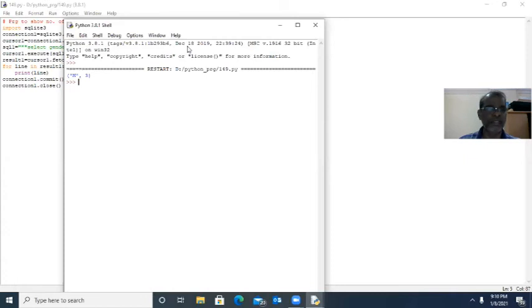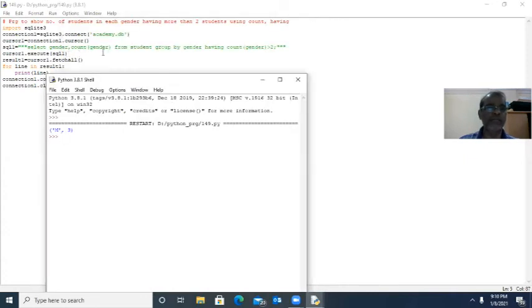I will explain the statement. Select gender, comma, count of gender from student, group by gender. Up to this, we are getting 2 records, one is F2, another one is M3. Here, having count of gender greater than 2. First record is F, count 2. It will not come because this condition is false. Next one is M, count of M is 3. 3 is greater than 2, condition true. That is why it comes. So this is the having clause. One more thing we can study now.